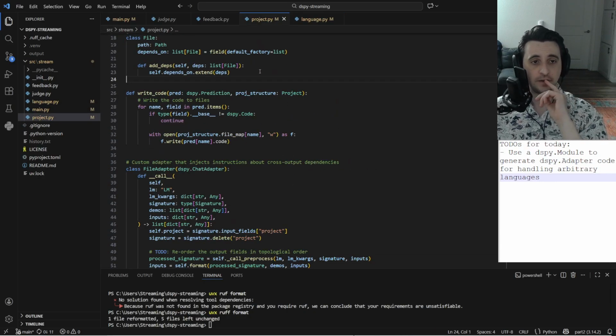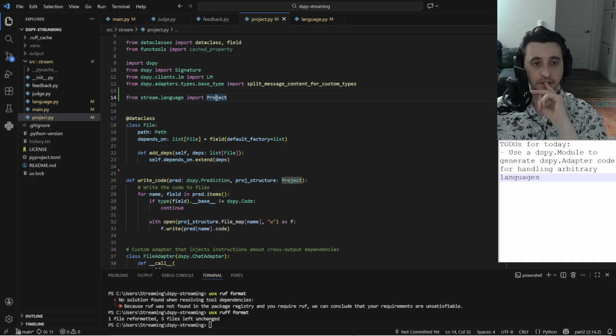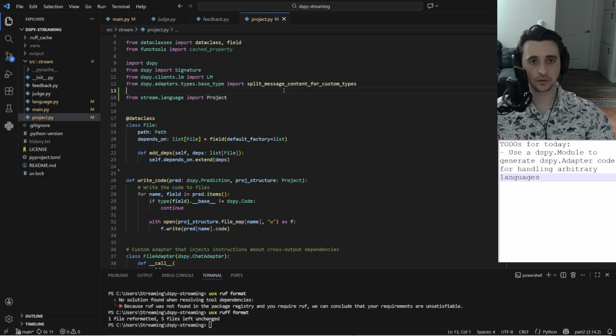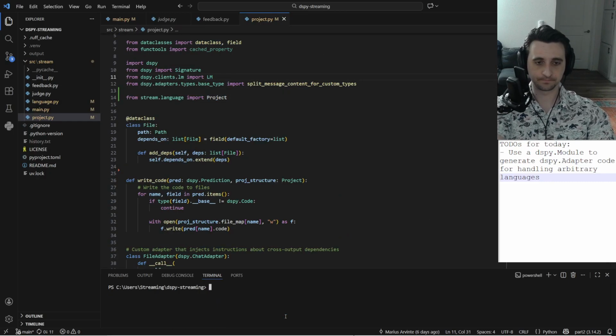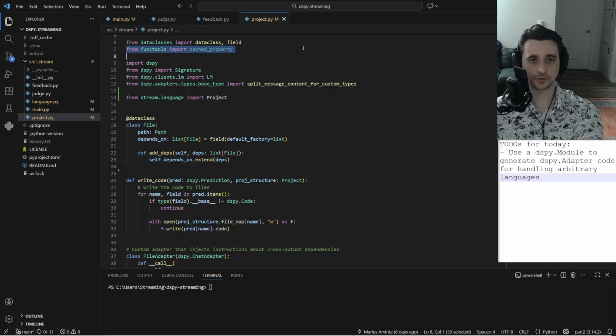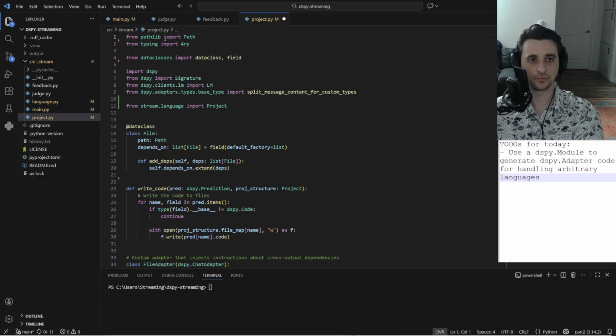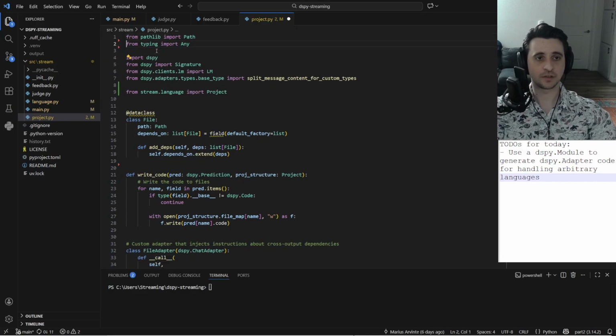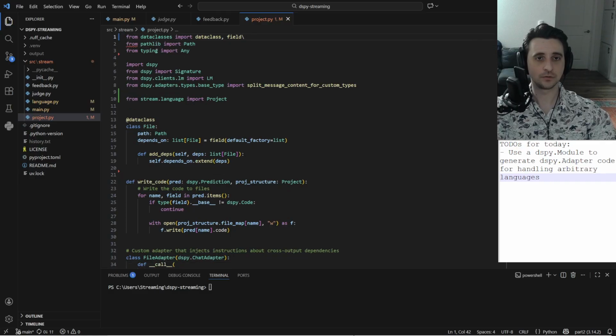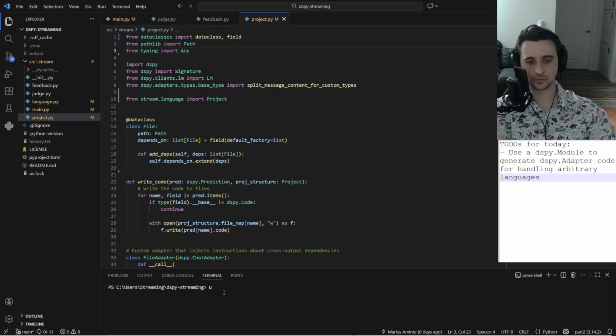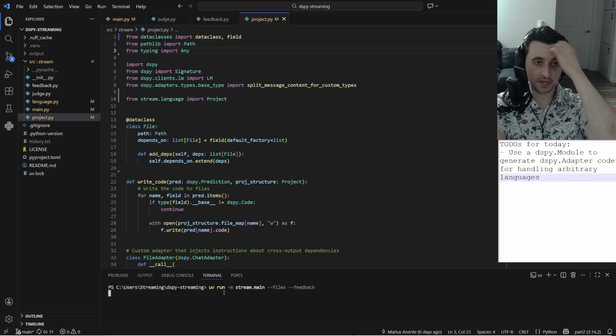So now we have our project. Is it not from stream.language? Why is it not showing up as green? We don't need cached property here. We don't need OS here. We do need dataclasses here. Okay. uvx ruff format. Okay. So if I try to run this again,